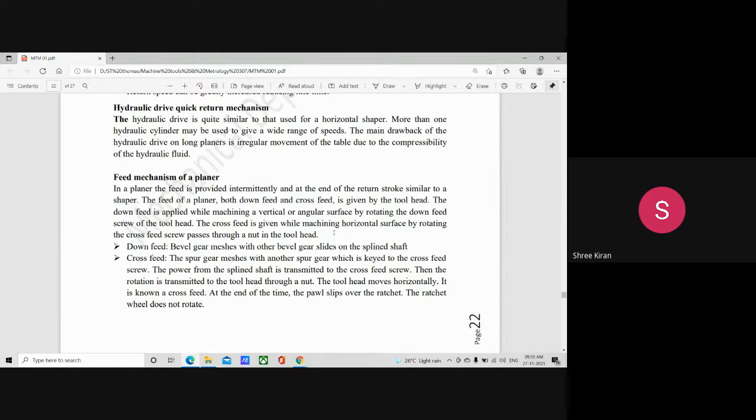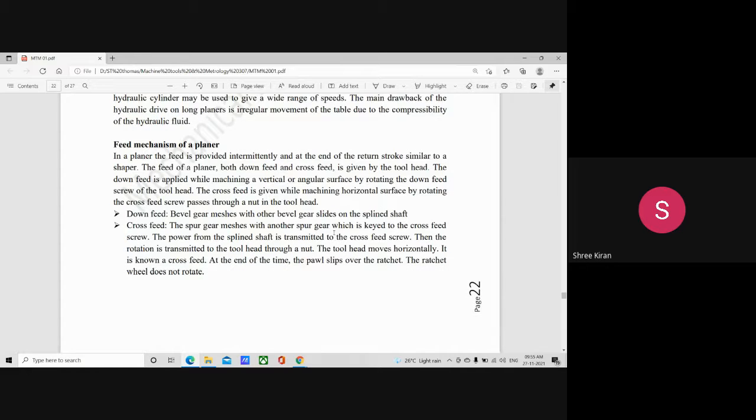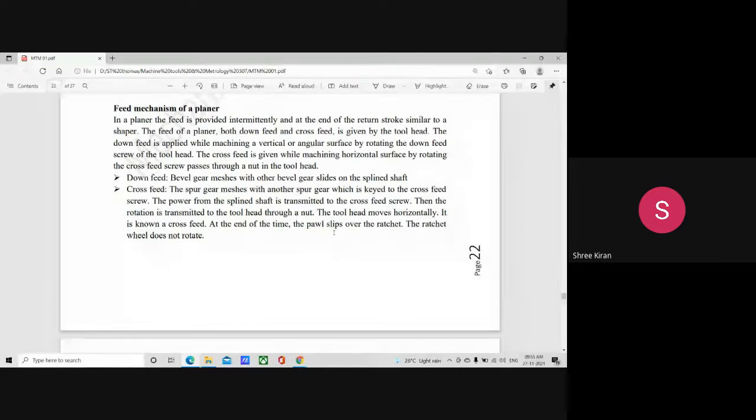Now we are going to talk about the feed mechanism of a planer. Previously we have discussed various feed mechanisms. Nived Kumar, can you tell me in which cases we discussed the feed mechanism, according to which factors? Yes, sir. Now, in the case of a planer, before that we also discussed the feed mechanism for various aspects in our offline classes. Do you remember?